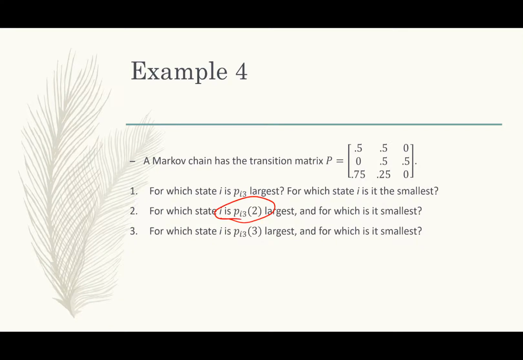So this is asking after 2 transitions. So what we need to do is take this matrix to the second power and then look at those rows, or that third column again, to see which one's the biggest and which one's the smallest. And we need to do that to the third power as well for the last part of this question. So we just go to our calculator